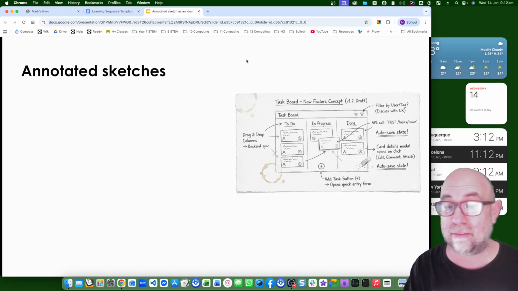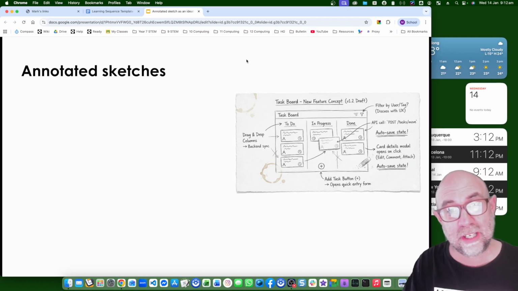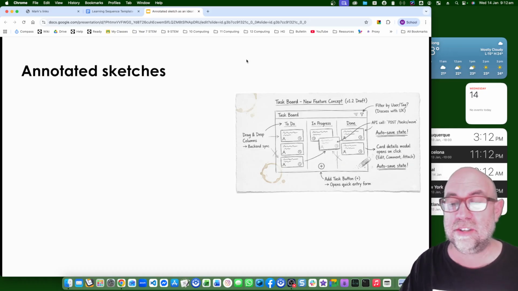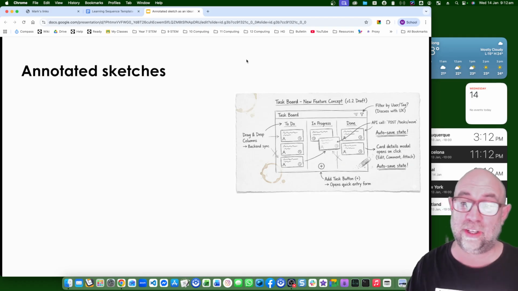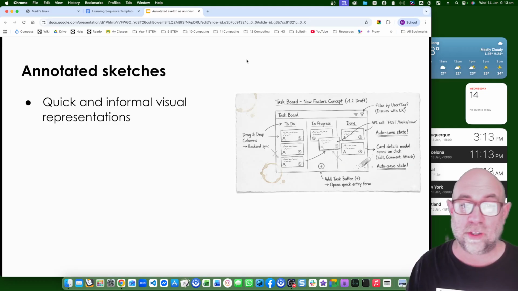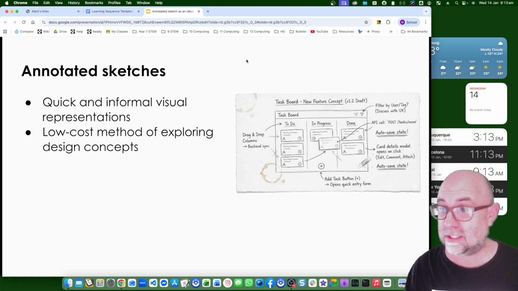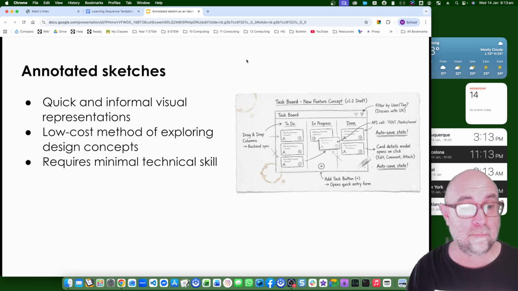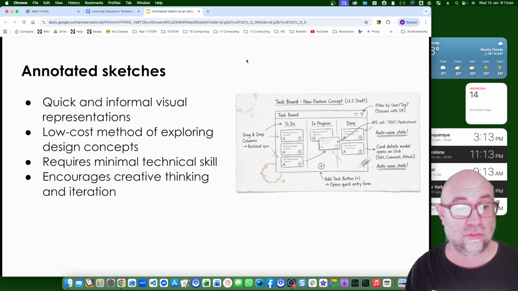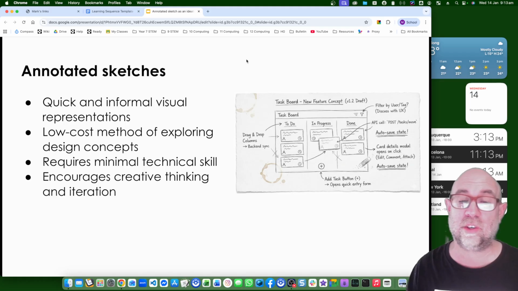You can sketch it out very quickly. The idea is to make it quickly and to not have too much technology in between you and the expressing of the idea. So you don't want to get fiddly with it. It's a quick and informal visual representation. It's low cost in terms of time and money. Requires minimal technical skill. Pretty much anybody should be able to draw one of these,